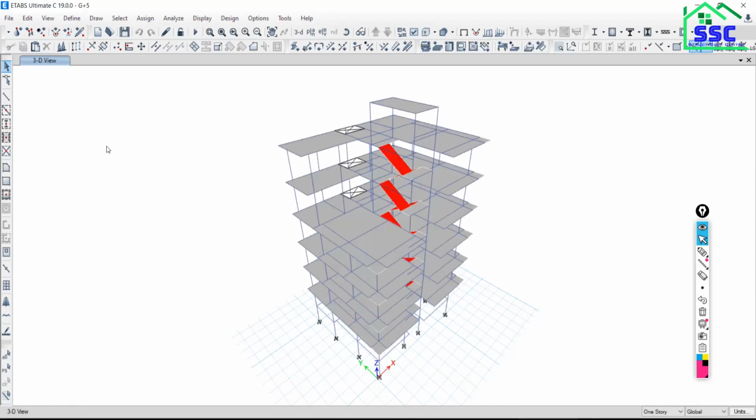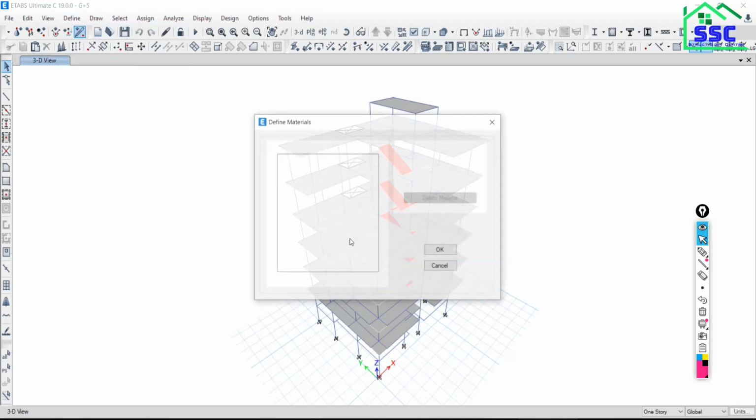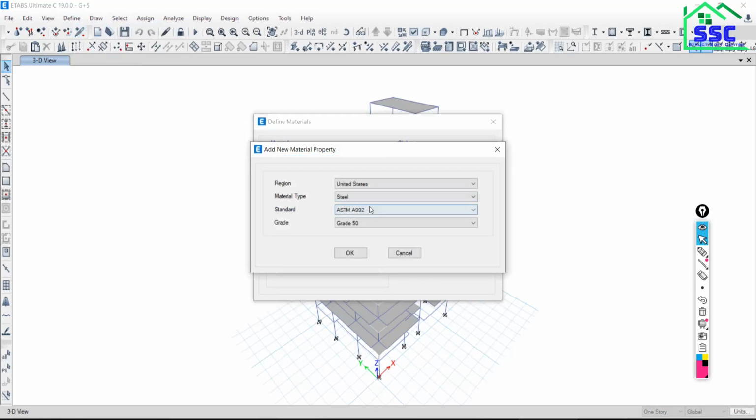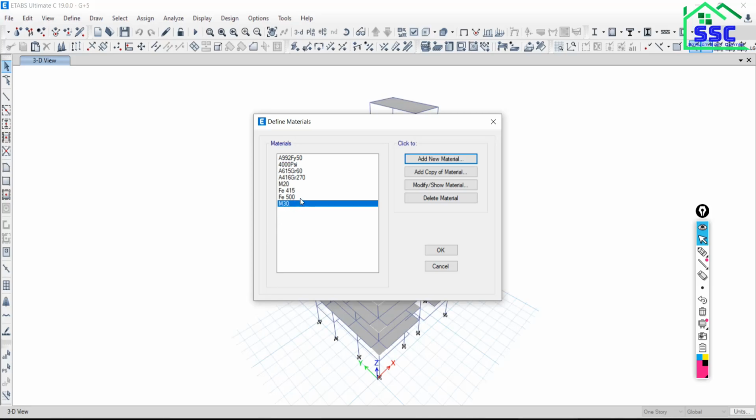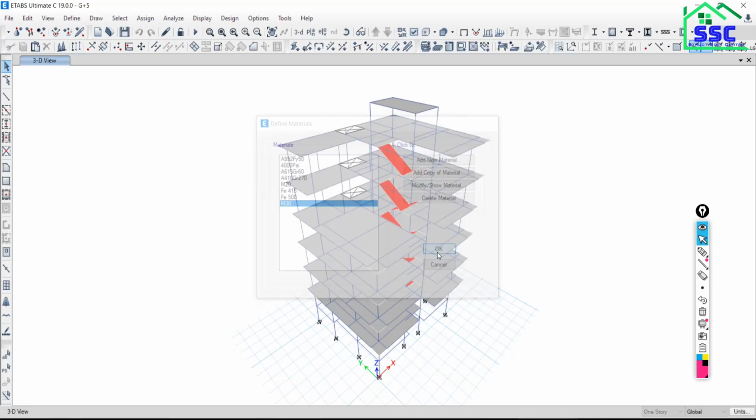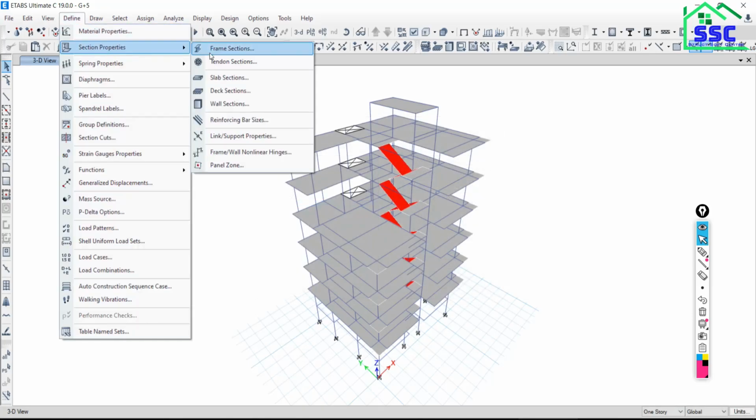Just clear this. Go to define, go to material properties, add a new material. So one more material I have added. Just say 30. Okay, go to define, go to section properties, go to frame sections.